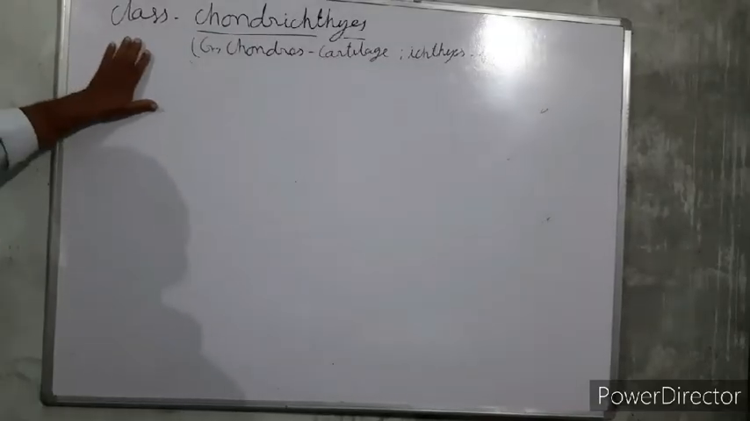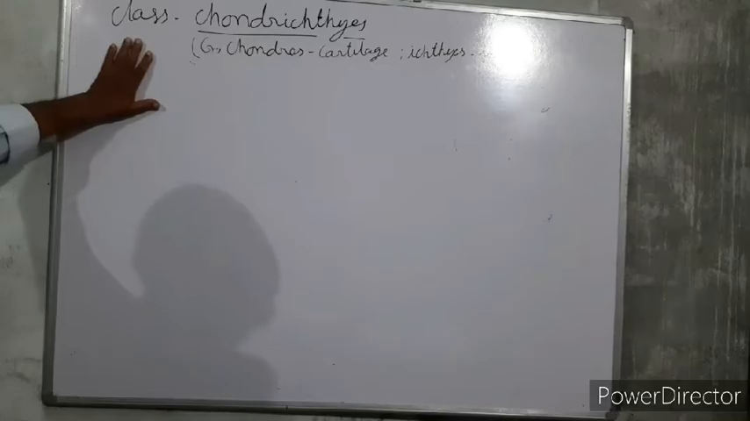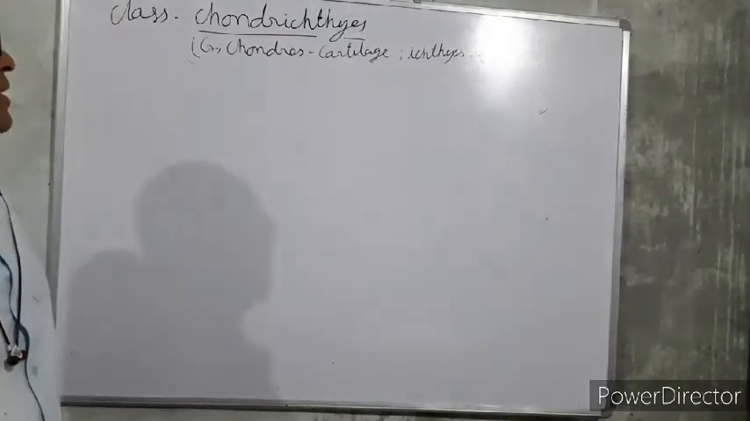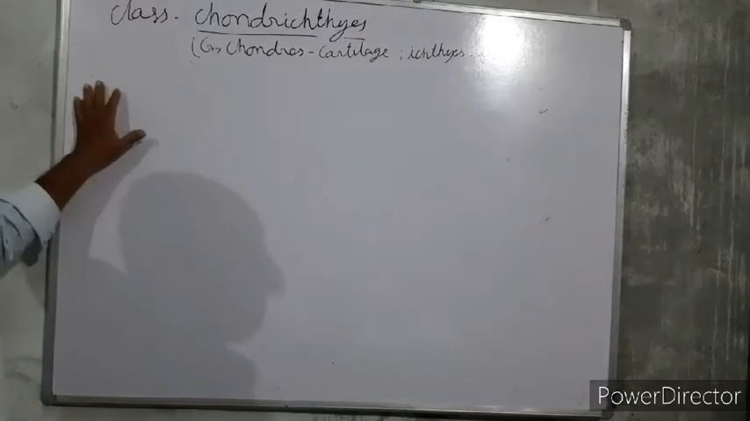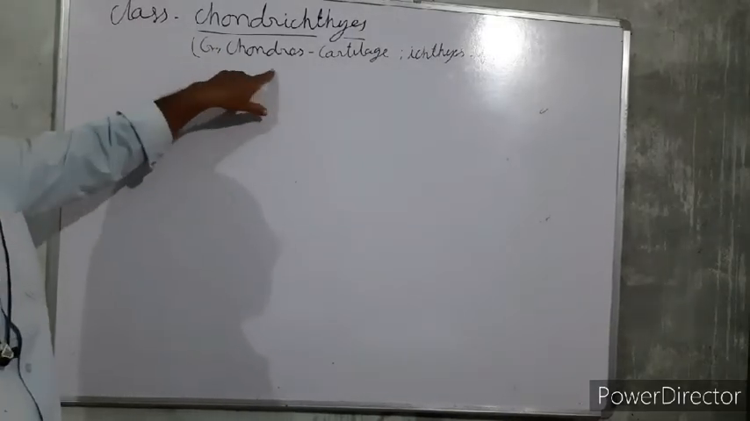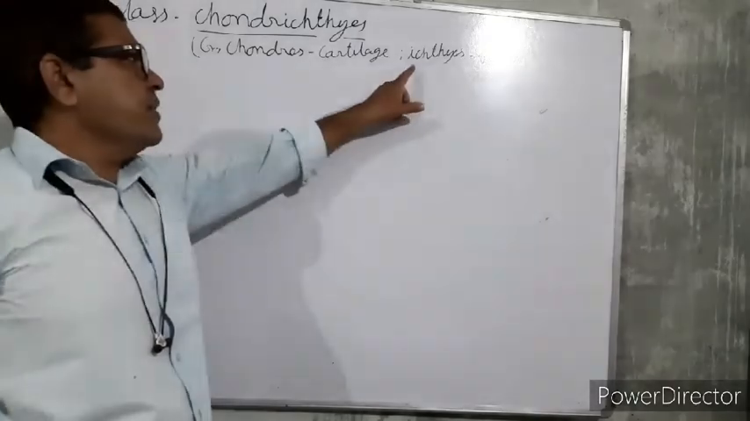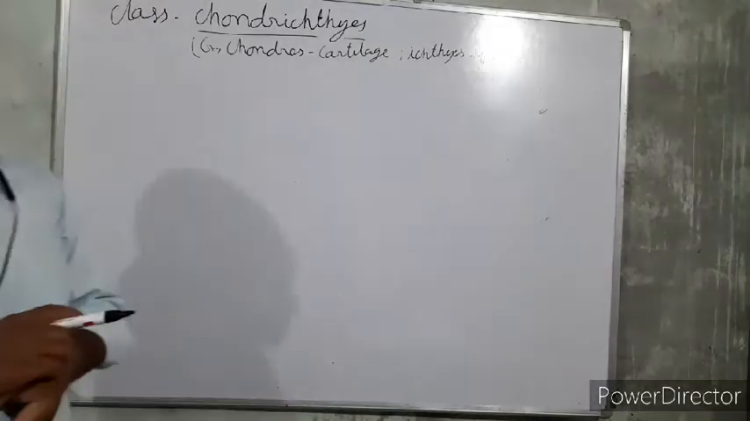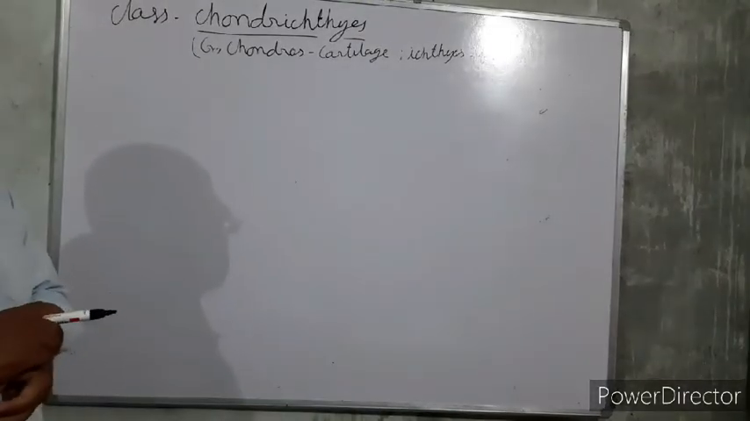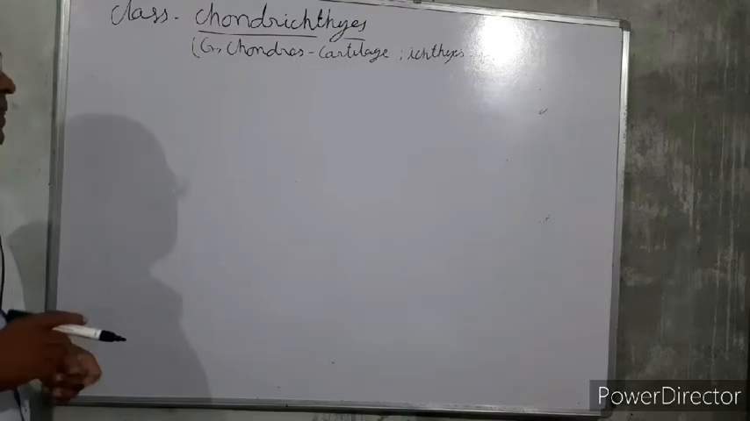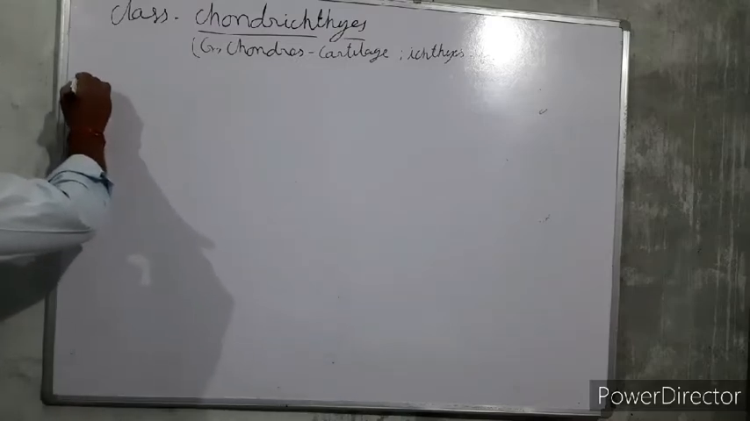Today we are going to start to study the class Chondrichthyes. The word Chondrichthyes is derived from the Greek words chondros meaning cartilage and ichthys meaning fish. It means these include the cartilaginous fishes. Features: